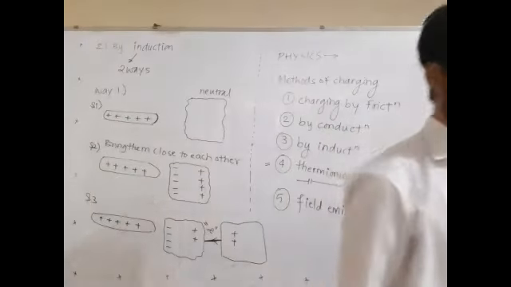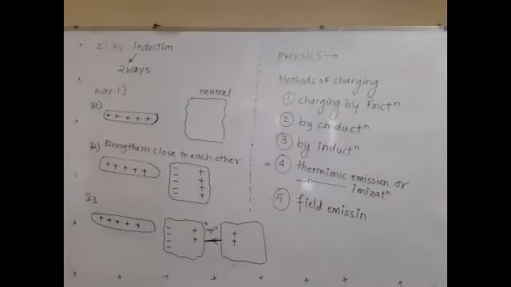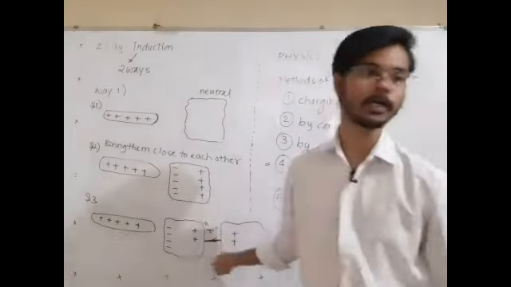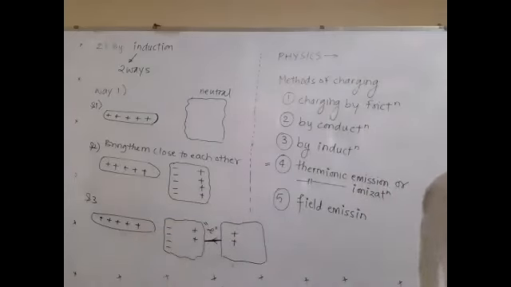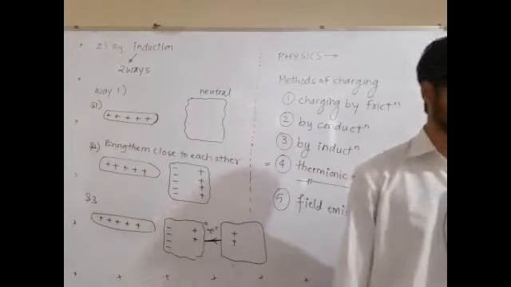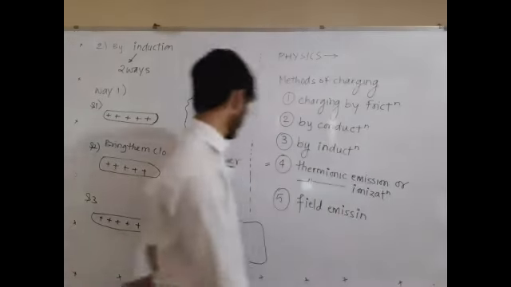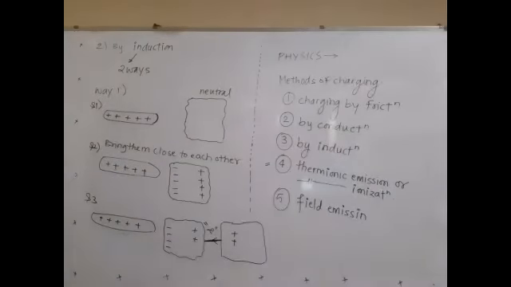Just reply me small c, small n. Now you have to take one more neutral body and you have to carry out the process of conduction. Fine, sir. Next, step number 4. If required, we may rejoin in the third meeting so that we can complete the discussion. Fine, sir. Now step number 4.